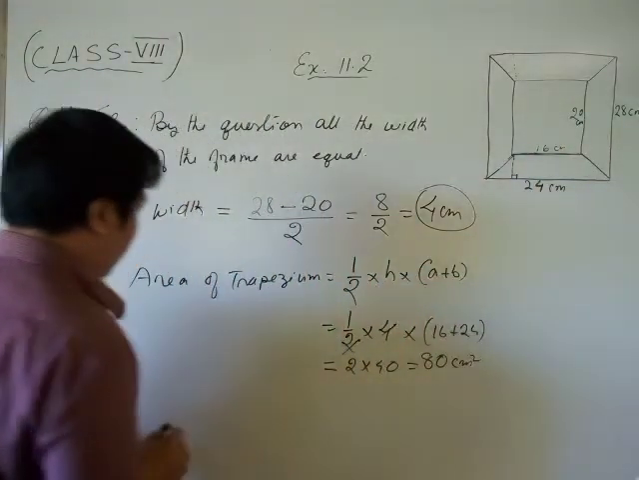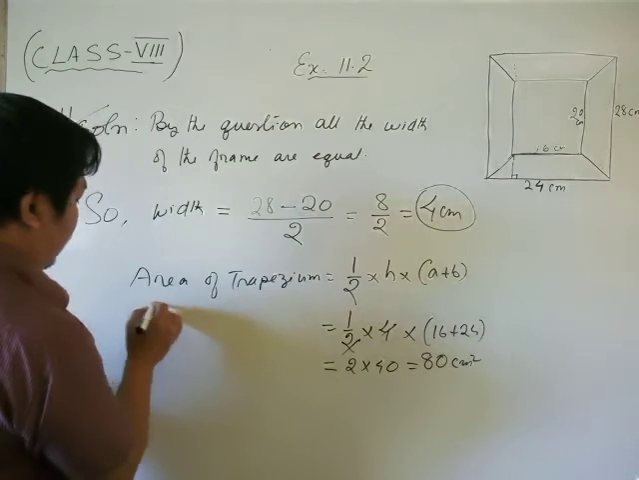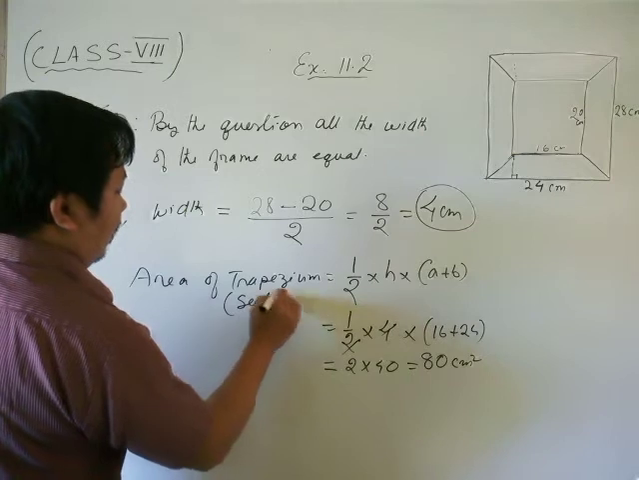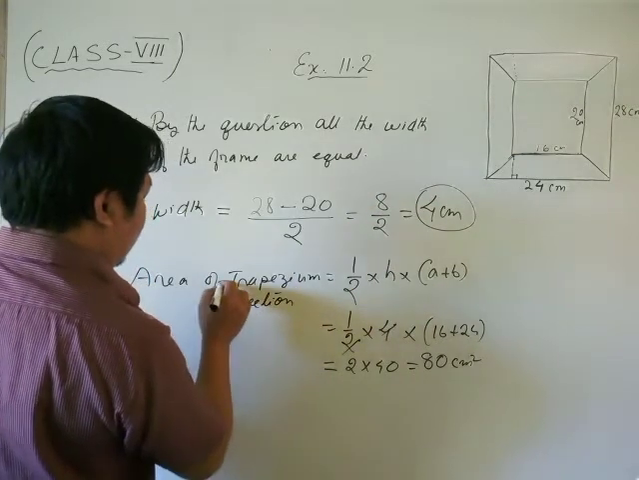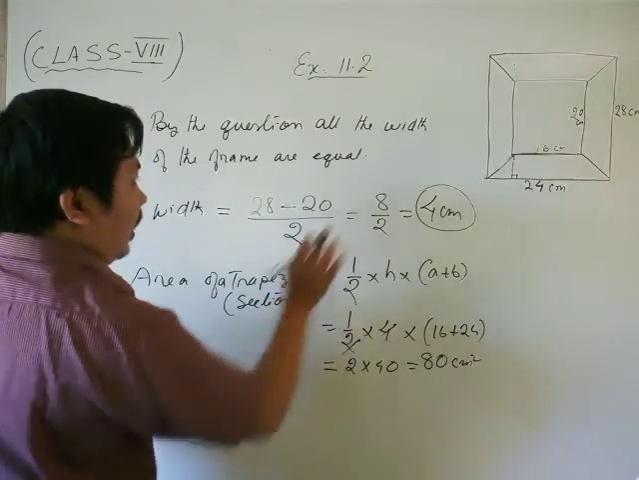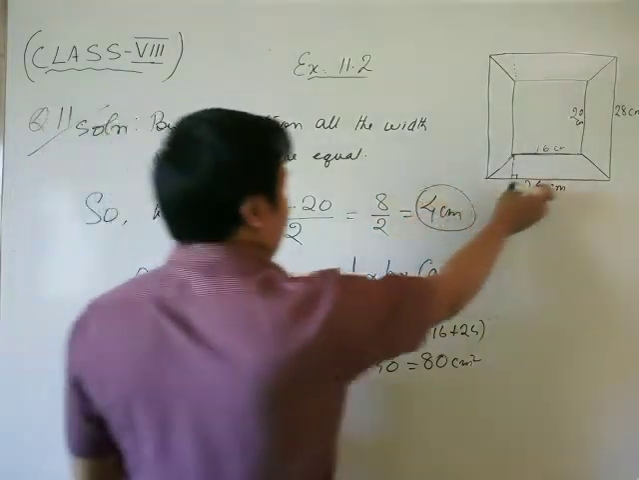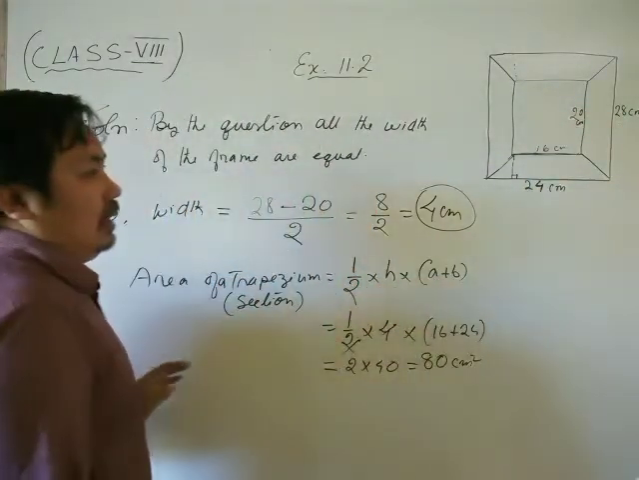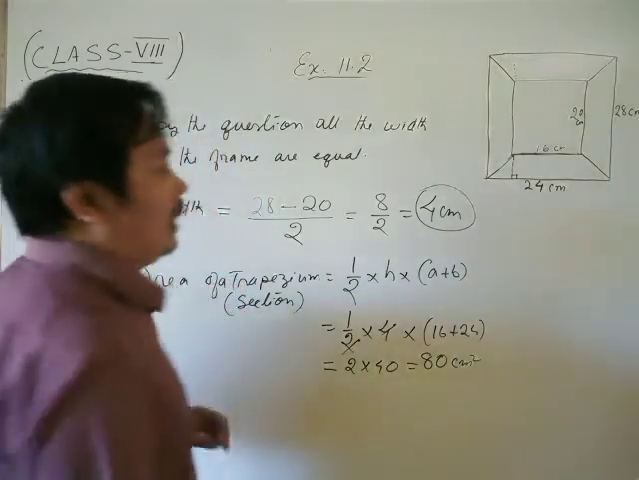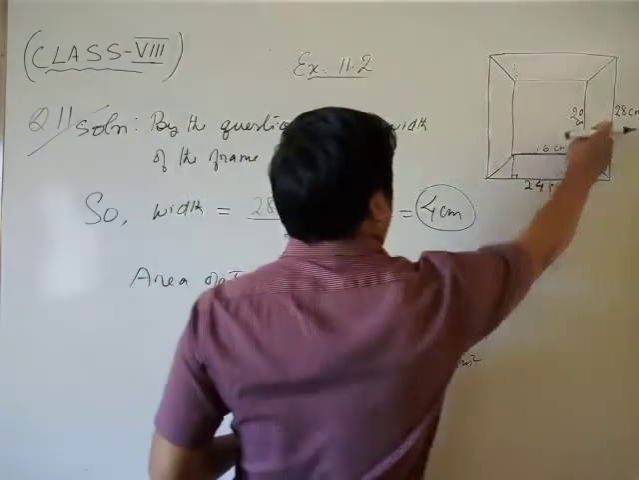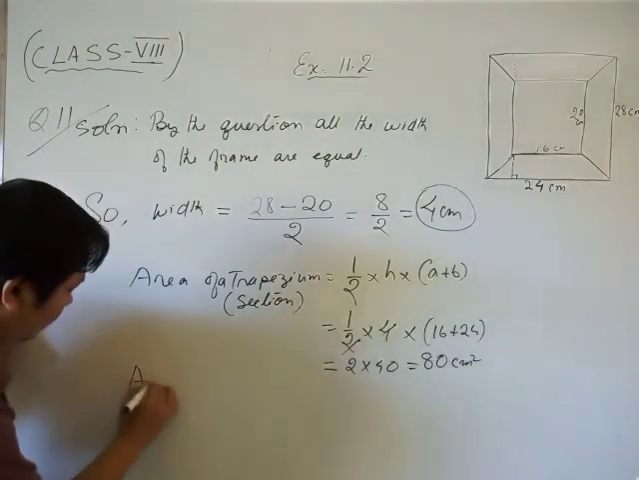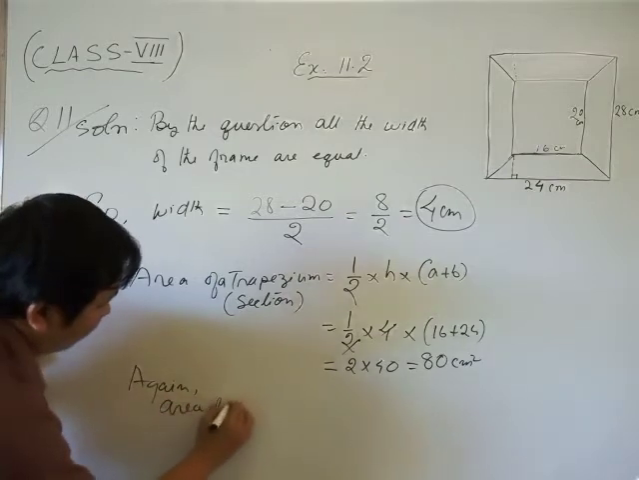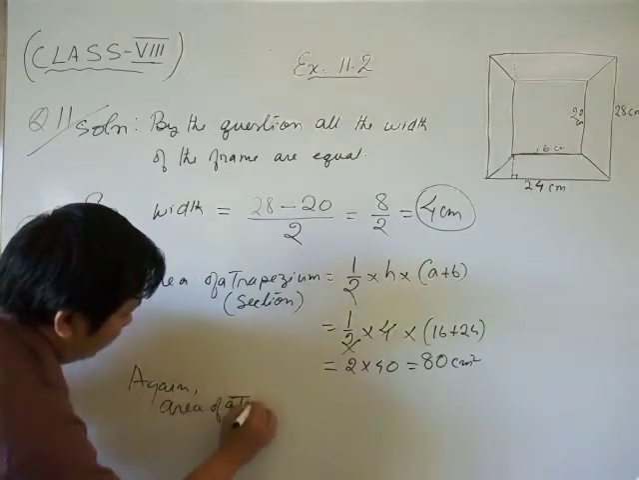Second section, means here, the area of the trapezium means the area of a section. Area of a section. A section is written here with the dimension of 16 and 24 centimeter. With the dimension of 20 centimeter, let us see what is the area of the trapezium. Again, area of a trapezium